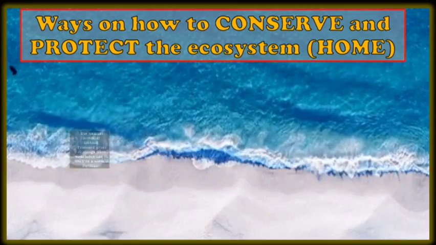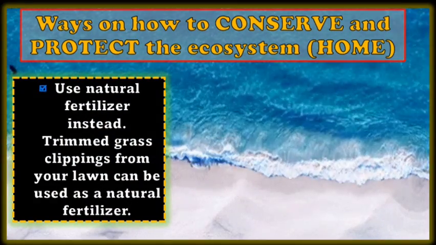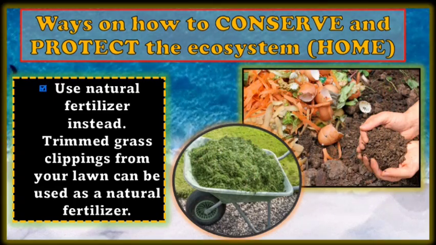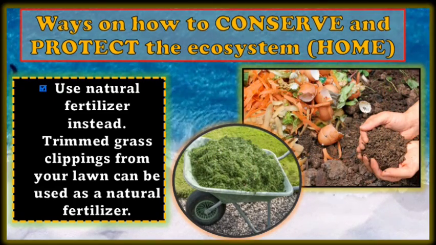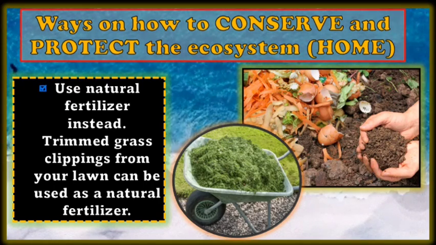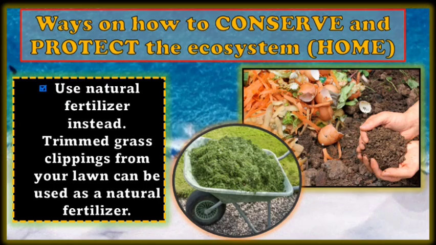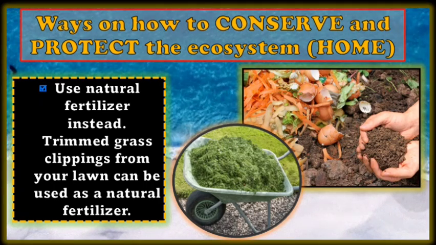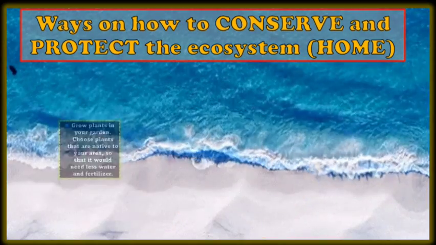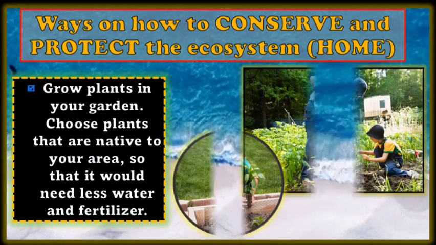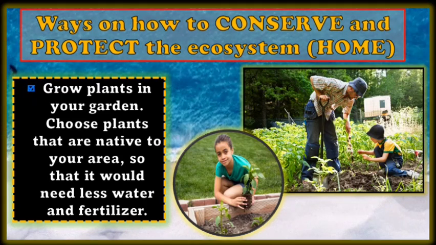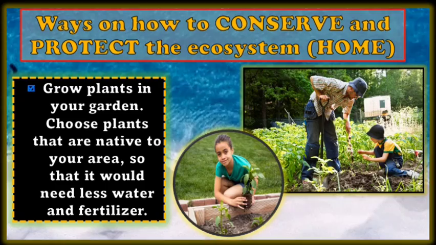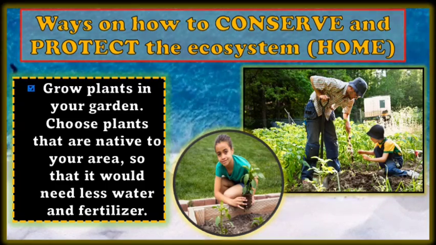Another one, use natural fertilizer instead. Trimmed grass clippings from your lawn can be used as a natural fertilizer. So, kailangan daw, instead of gumamit ng fertilizers, why not use yung mga organic na fertilizer? Another one, grow plants in your garden. Choose plants that are native to your area so that it would need less water and fertilizer. Another one,